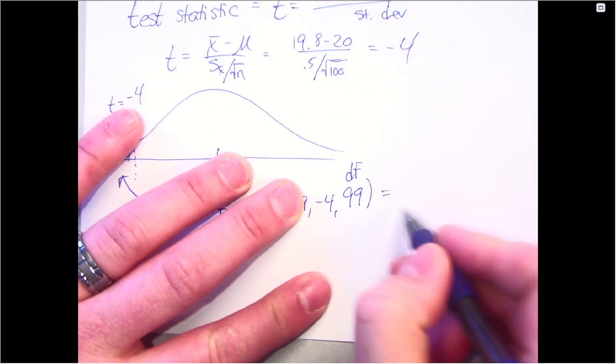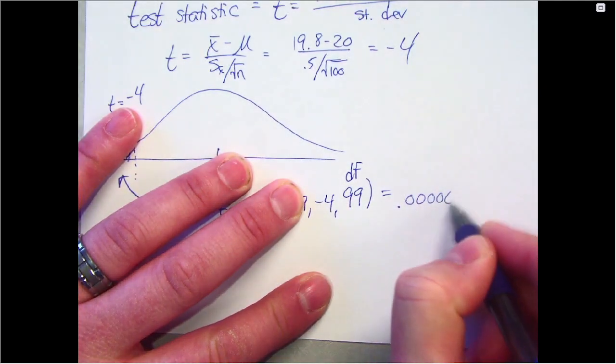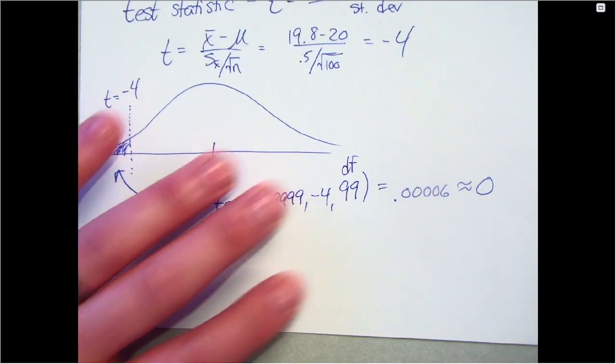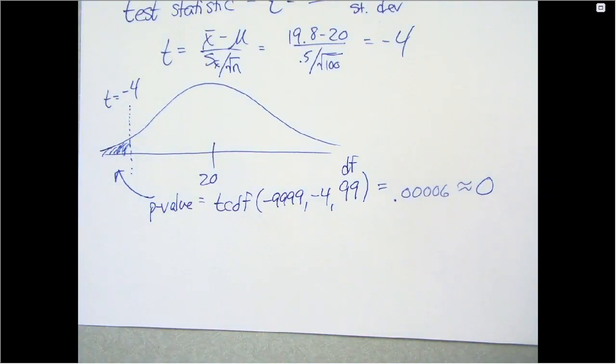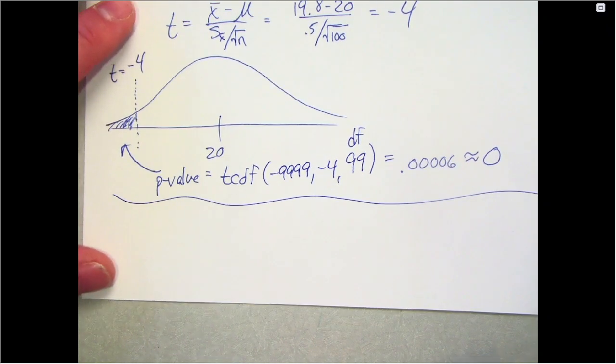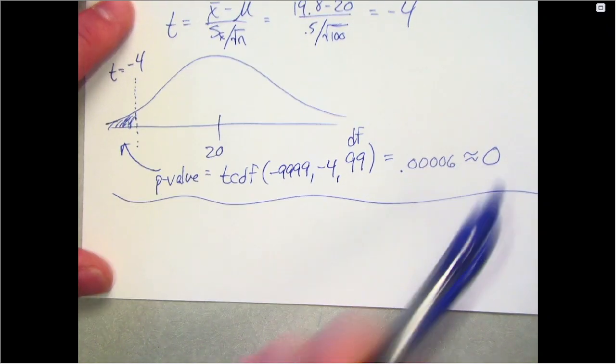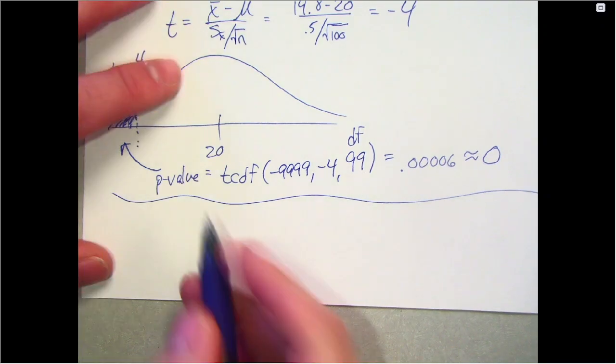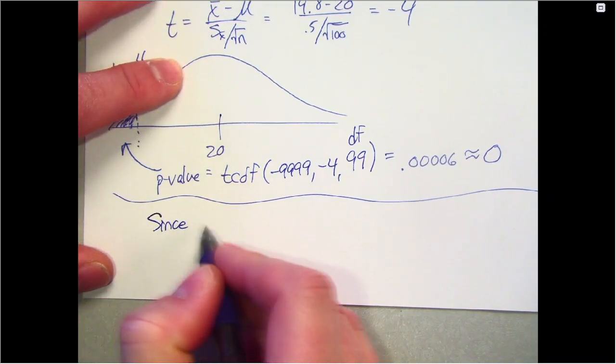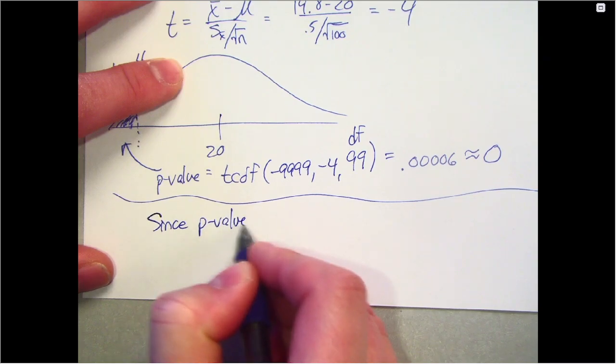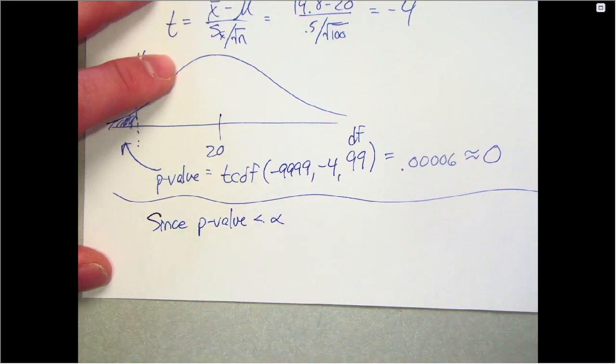So that gives me 0.00006, which is basically 0. And at that point, if you got like 4 zeros, you can just say it's 0. And then we do our conclusion, which works the same way as it did in the other ones. So that's obviously less than alpha, right? 0 is less than any alpha you can get. So since our p-value is less than our alpha,